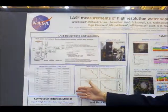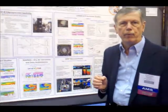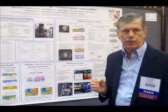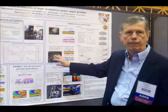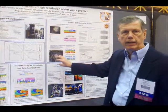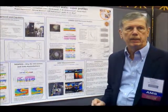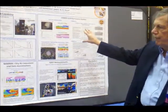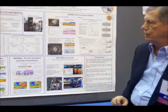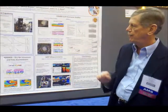15 years in studying how high-resolution water vapor data that can be obtained with such a laser system can be used to better understand and forecast track and intensity of various hurricanes that we've been studying. We've flown in a number of different hurricane missions and severe storm missions over the last 15 years, as I